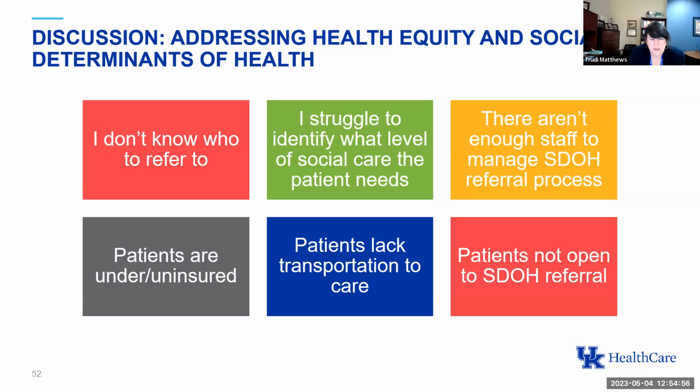So what about patients who are not open to a referral? I know there are some folks who will go through and screen, but then say they don't want you to help them with their resources. Sometimes it's because they have things handled. Other times it's because there may be shame or other barriers. How do you all handle someone who has a social need but doesn't want help?